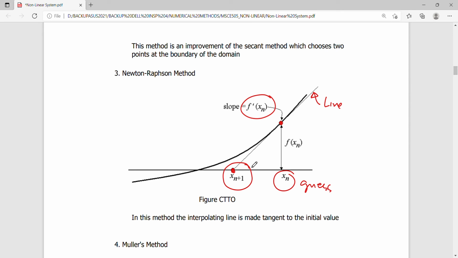And one more thing, if the root is not single valued, hindi lang isa yung root mo,